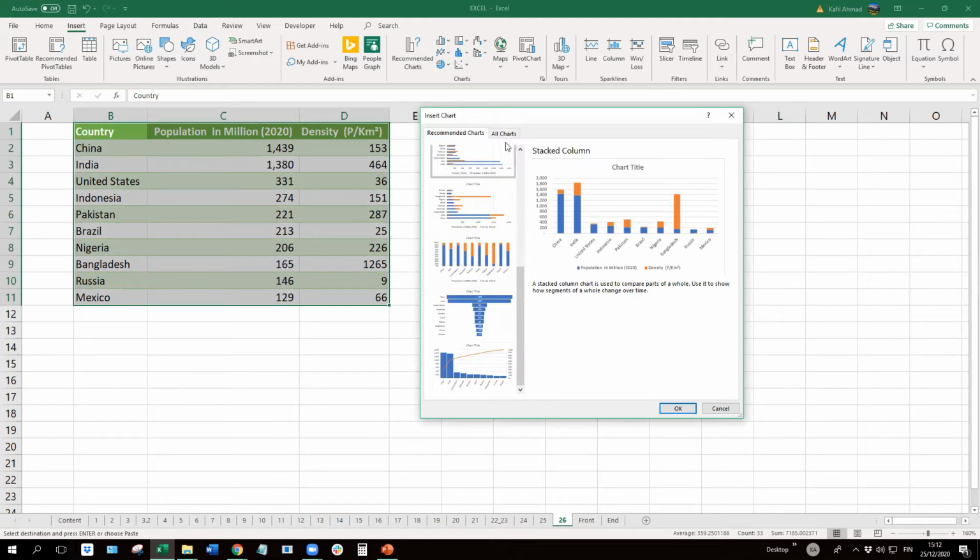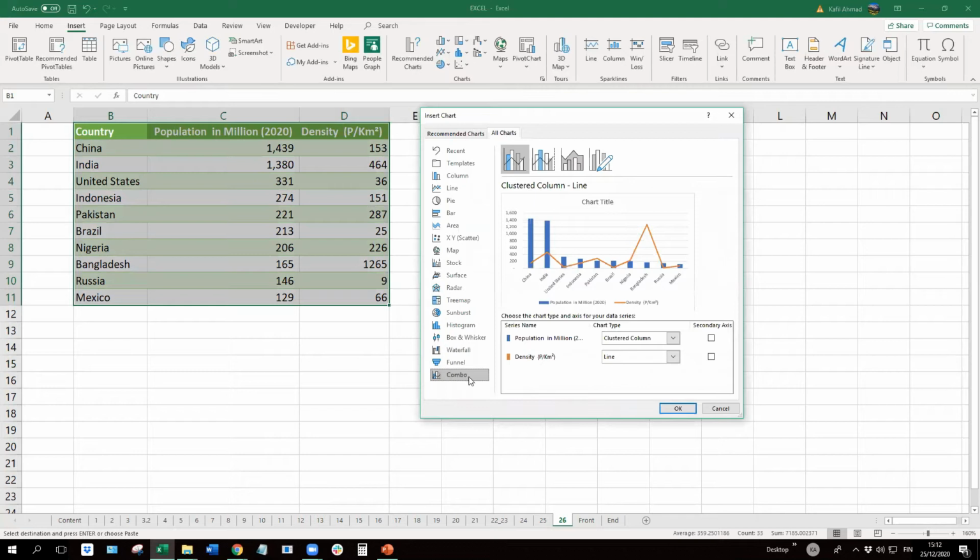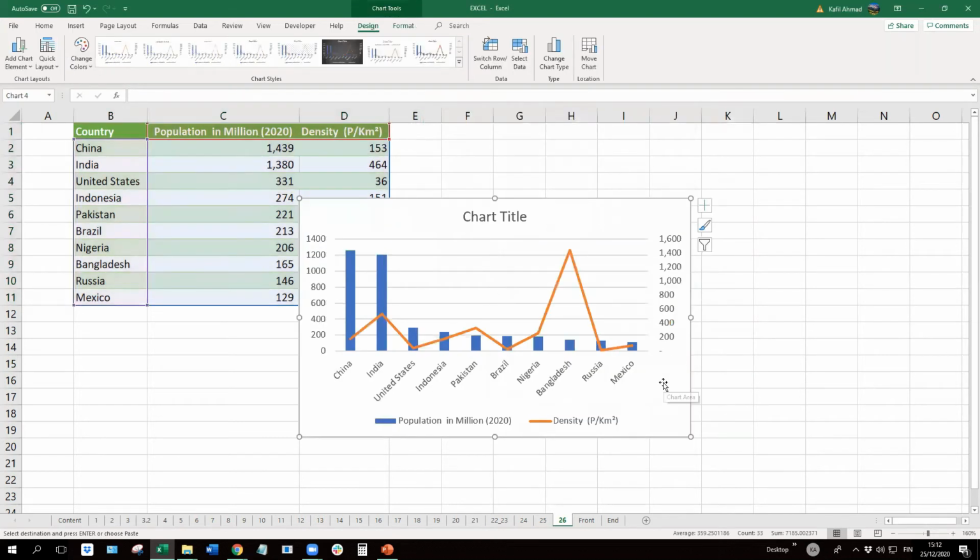Let's take a different one from All Charts. I would like to take the combo of both population and density. Once I click the combo option, I can see how it looks in clustered column line. Here you can see the secondary axis, so click one of them, just to make sure that all the attributes or labels are shown in the bar chart. Click OK, and then we got our